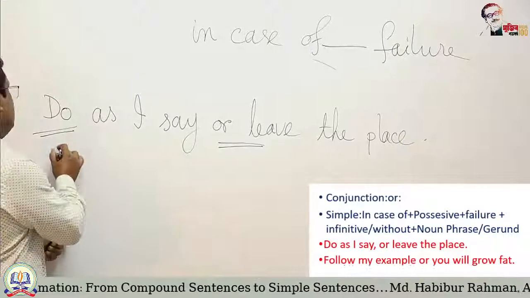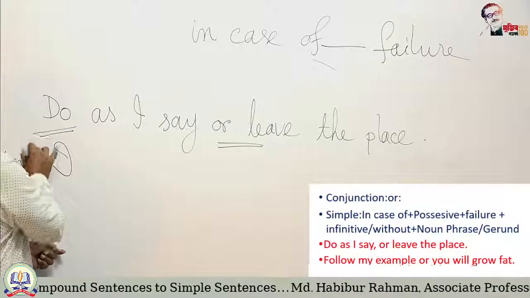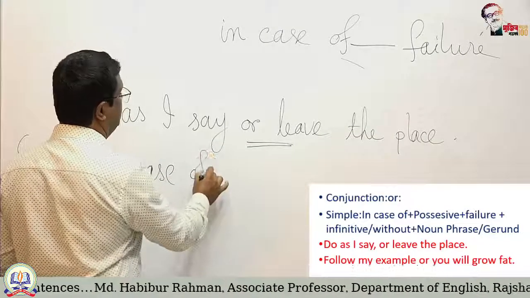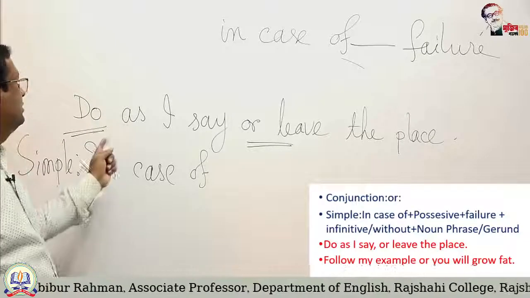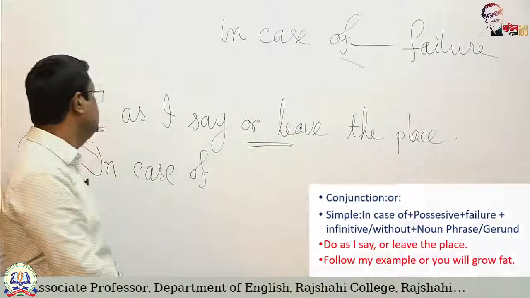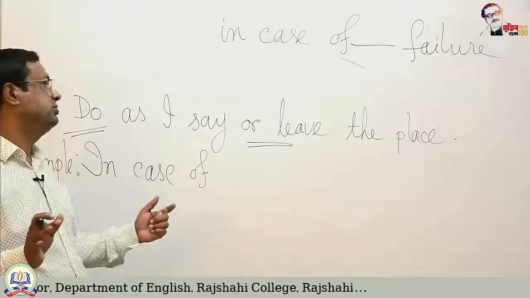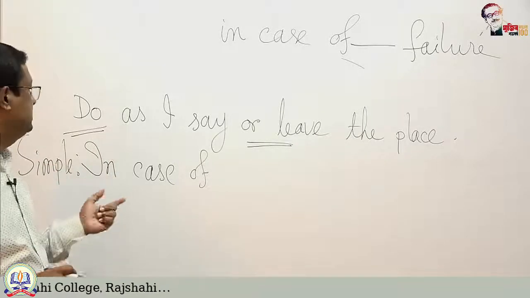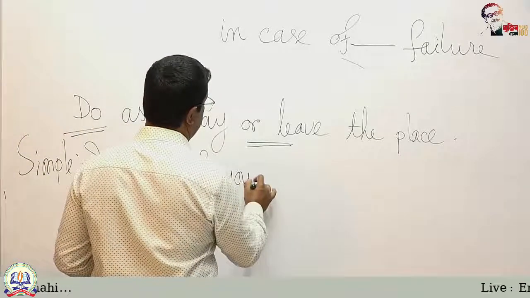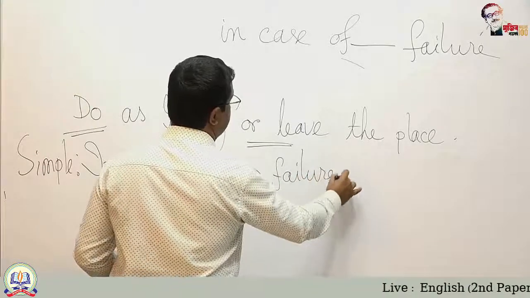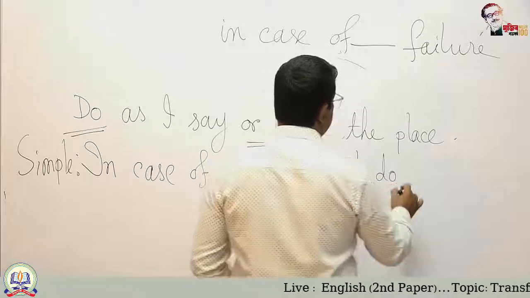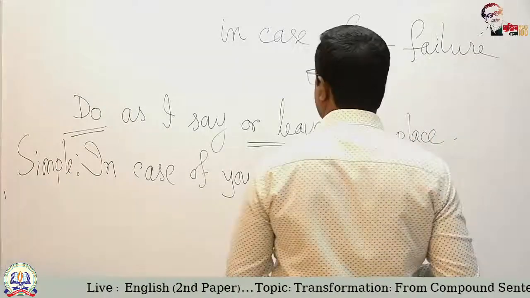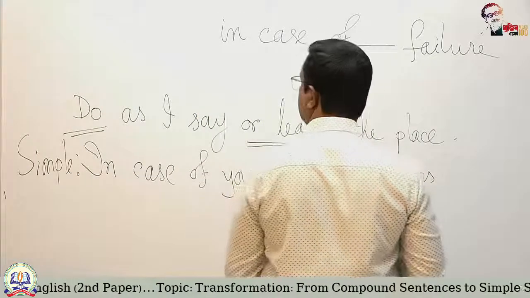Okay. However, in simple sentences, in case of, who is doing this? There is no you or she. You will leave the place, but you is not mentioned. You is expressed or implied through the verb, through the tone of the sentence. And now I will make it clear. In case of your failure to do as I say, in case of your failure to do